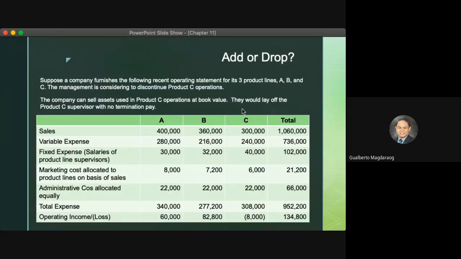They would lay off the product C supervisor with no termination pay. So ang problematic product line is the product C. So as you can see, negative na naman siya, no? Operating loss siya ng negative 8,000. So if we will eliminate this one,